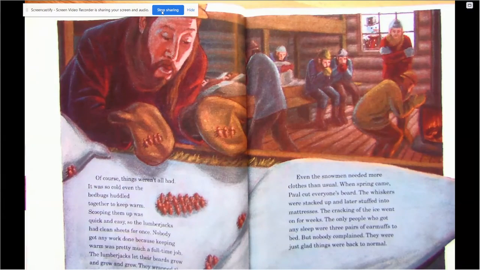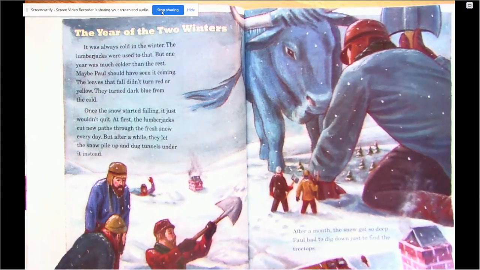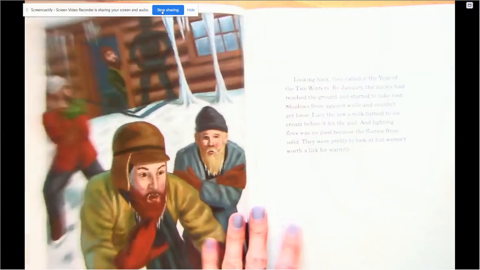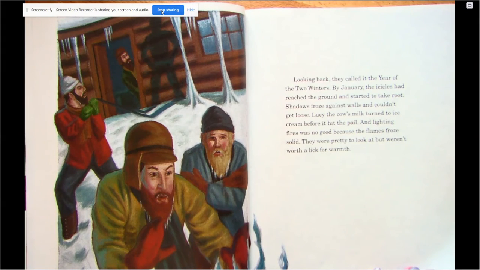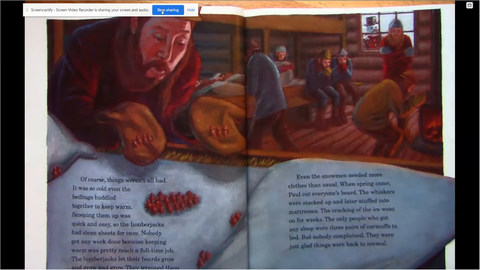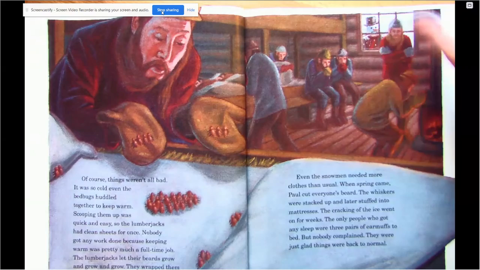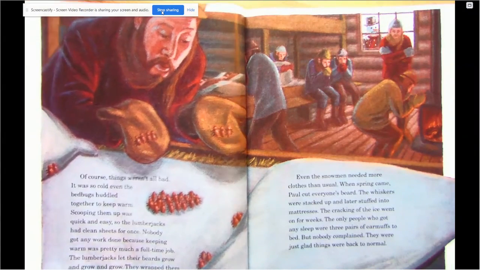Okay, so thinking about what would be the central message. What are they trying to tell us and have you learn about this time, when it was so cold and so snowy? What do you learn about these lumberjacks, about Paul Bunyan, about the situation? Okay, they're still obviously explaining some really exaggerated details, right? The snowman's super bundled up. Their beards are so long, they turn them into scarves. So you have to be thinking about that.